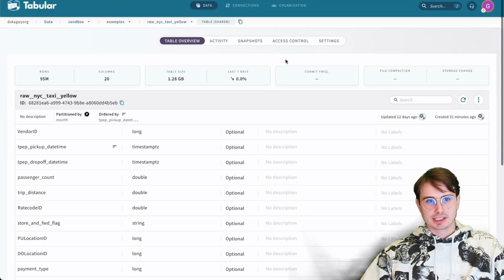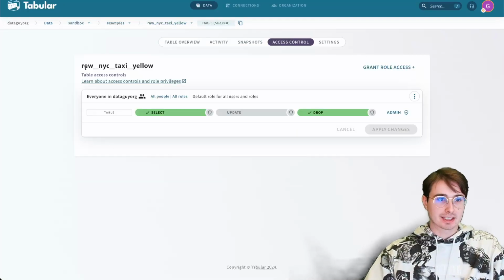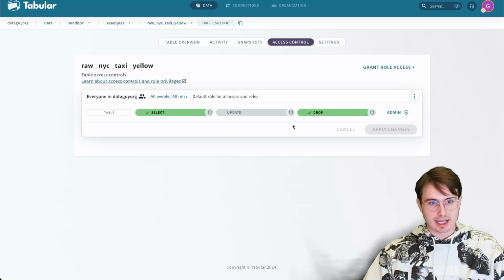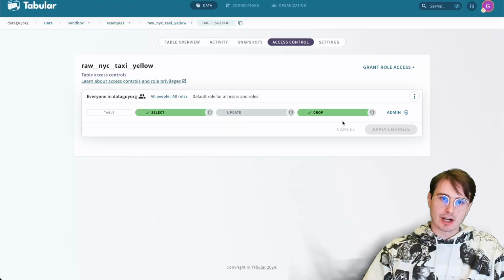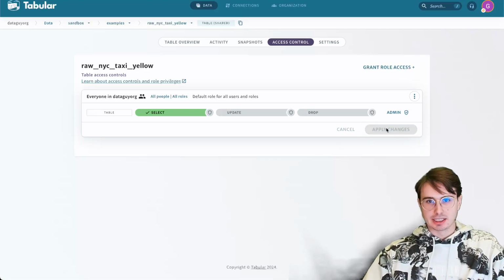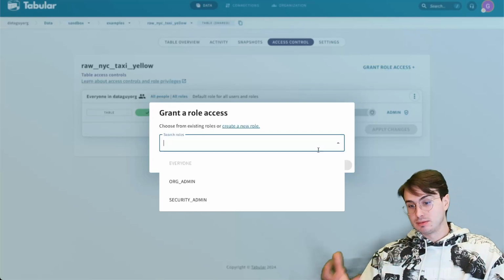So outside of just some characteristics of the table, the activity, the snapshots, you also have the option to set access control here. So here you can say, hey, this person has access to select or pull information, but I don't want them to be able to drop or update the table, right? And you can just apply the changes here,